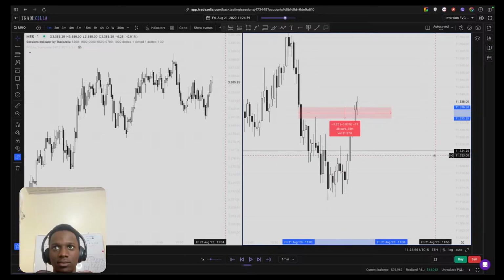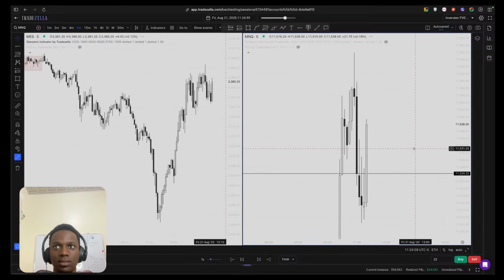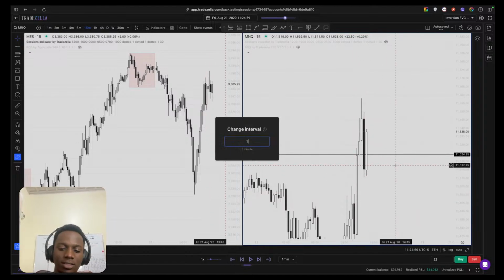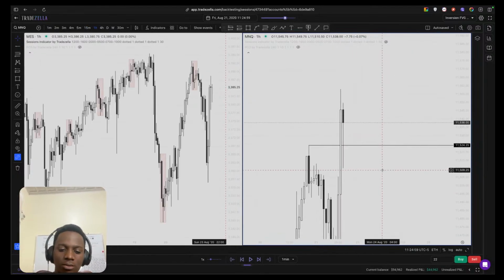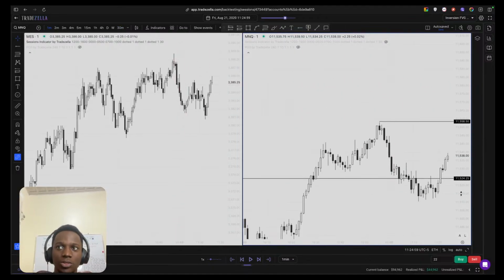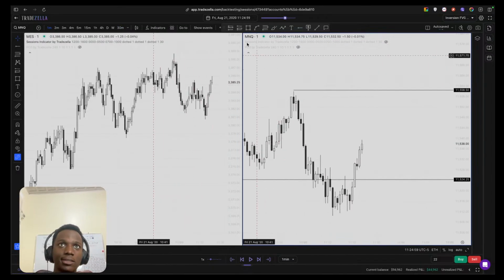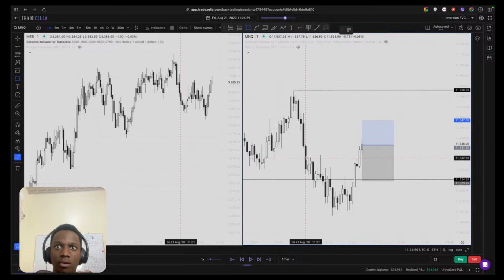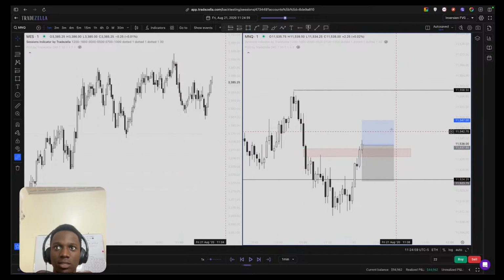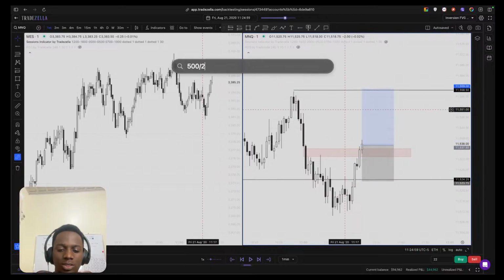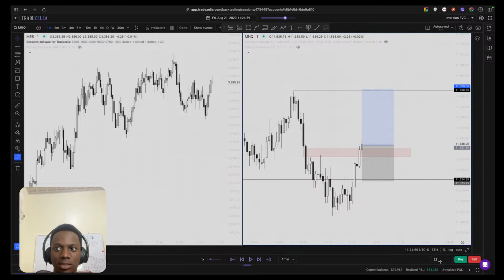Let's see. And it does. But it's a 5-minute gap. But it's also a 15 and a 1 hour maybe. Nope, not a 1 hour. But a 30 minutes. So we can take some continuation longs higher to this high. Stop will be somewhere here, something like this, and my target here. That's 526, which is like 19 micros long.